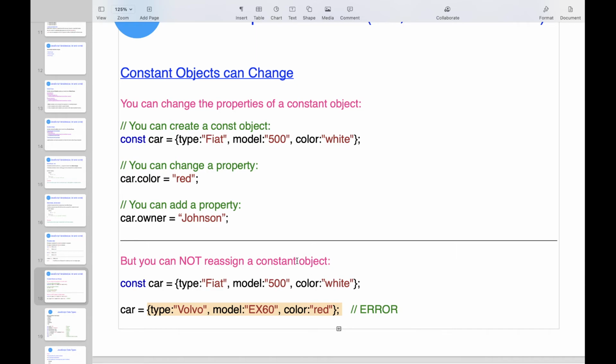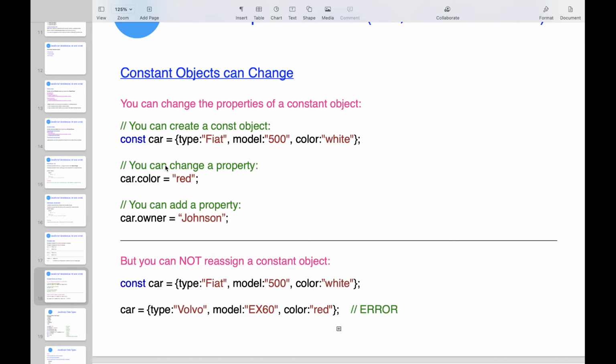We can only override any property, either color or model, or we can create a new property in the object. Either we can override or create the property, but the complete object we cannot reassign to the constant. That is the constant. We cannot reassign completely.